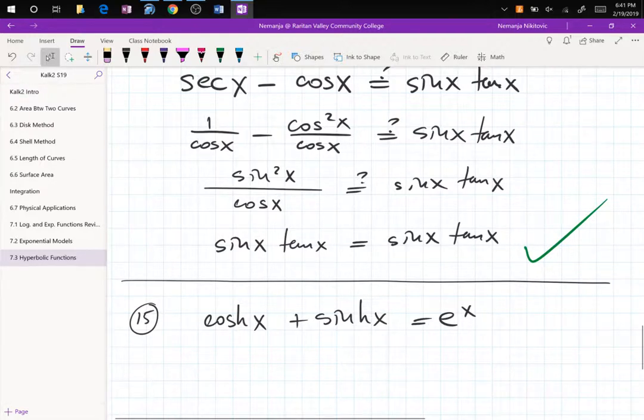Okay, that one was really easy. That's an idea. Sine squared x. Okay, so sine is e to the